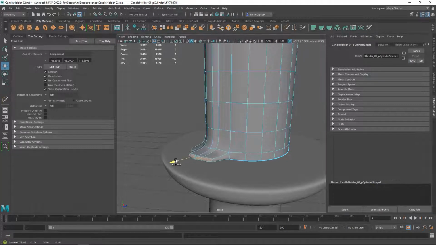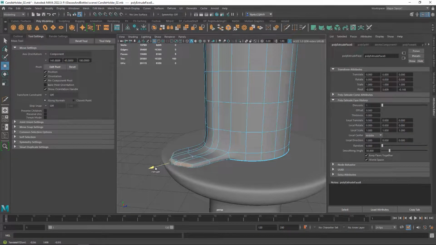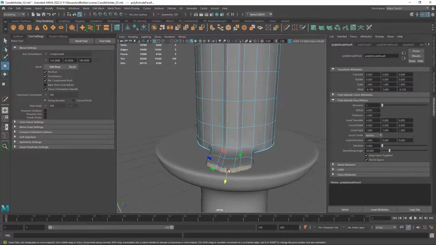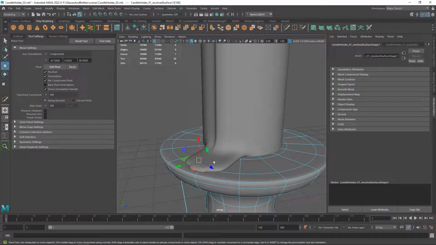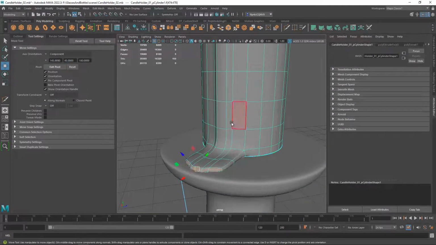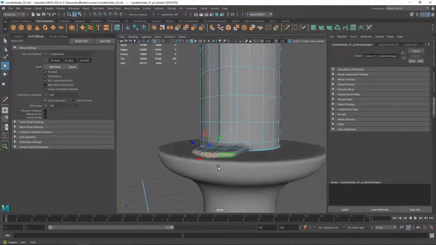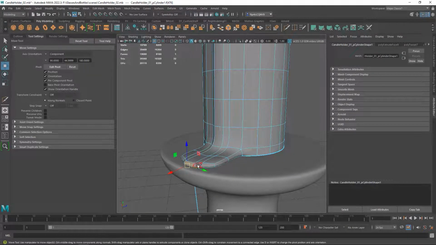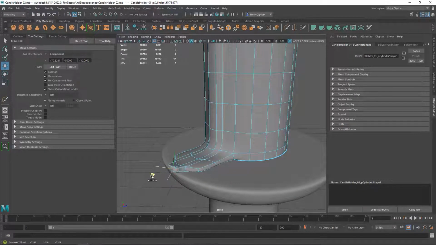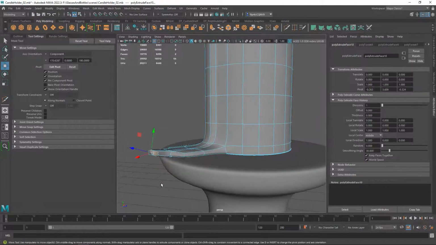Hold down shift and pull them out. And then hold down shift maybe and pull them out again. And then maybe just grab, you could just leave it like that. Or we could kind of grab this middle one here, or maybe these couple, and pull them out, and then pull them down,